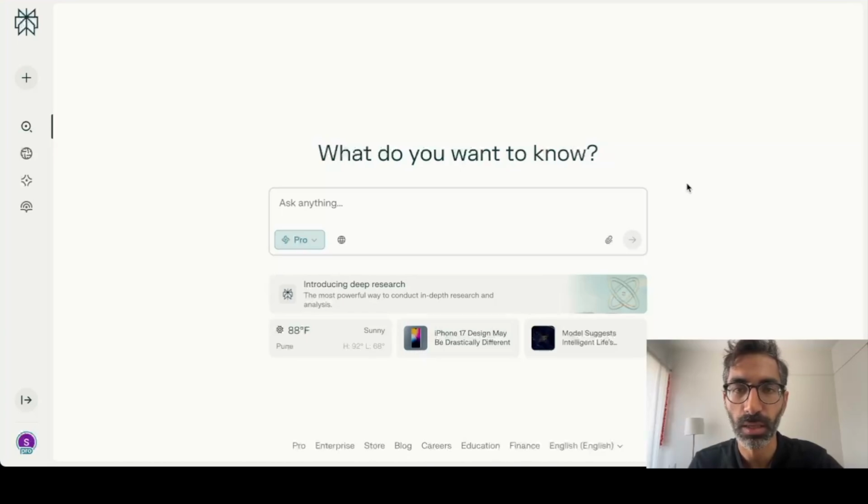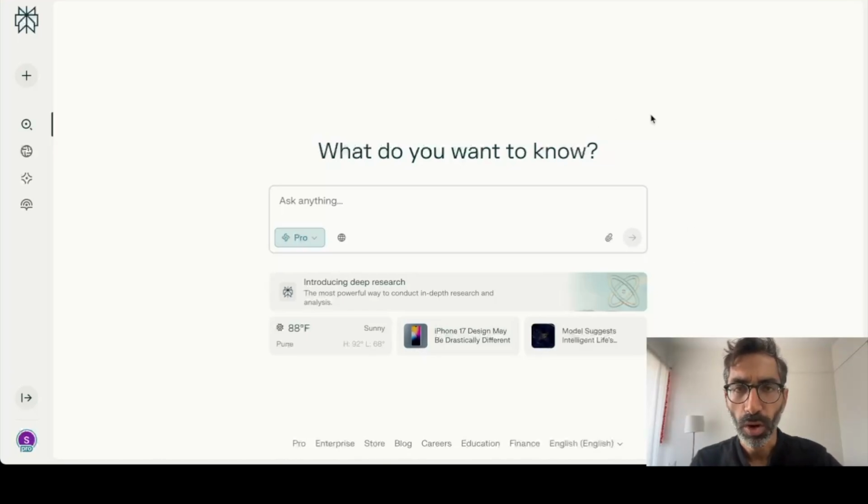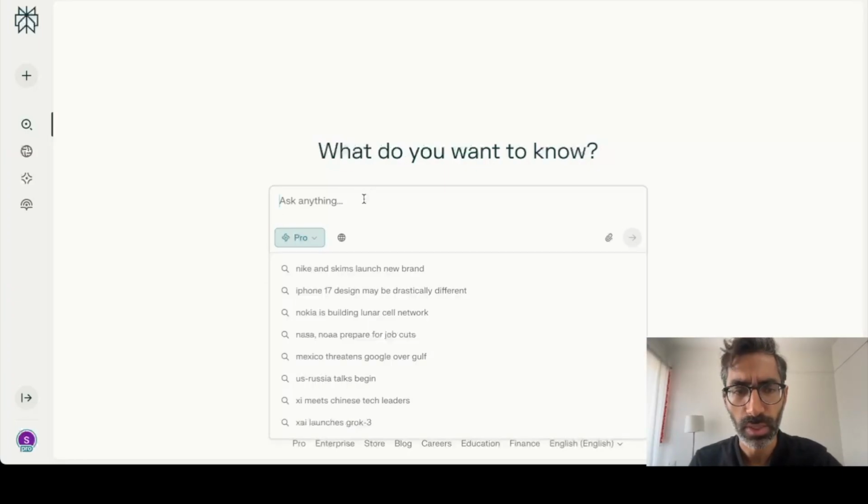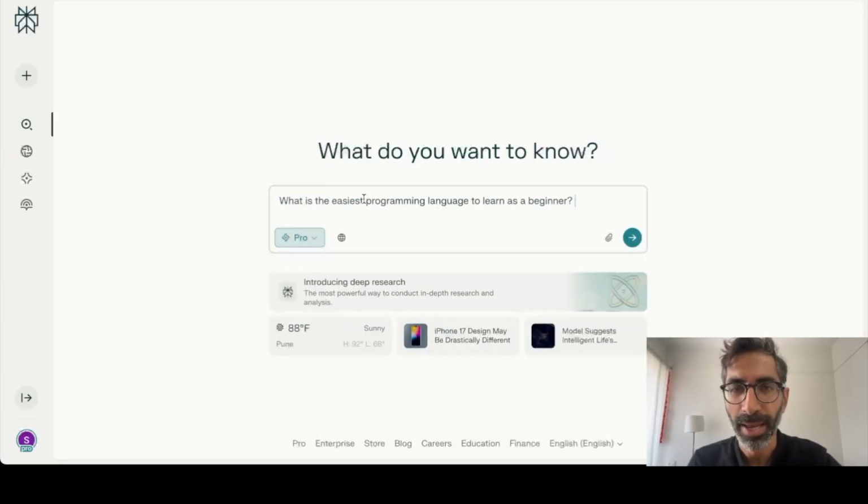So let's get started. As soon as you walk into Perplexity AI, what you see is a very simple, clean user interface. So it's pretty simple and easy to use. It literally asks you, what do you want to know? So let's say I have a query and I can literally search and type something in the search bar like I would do with Google. In this case, let's say my query is, hey, what's the easiest programming language to learn as a